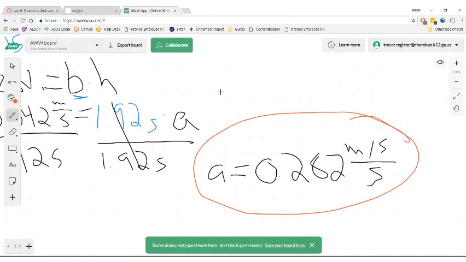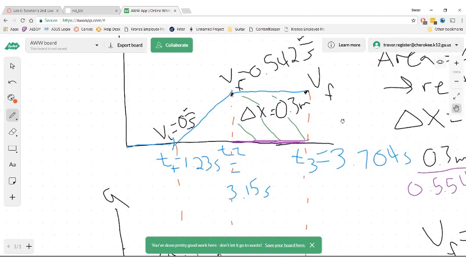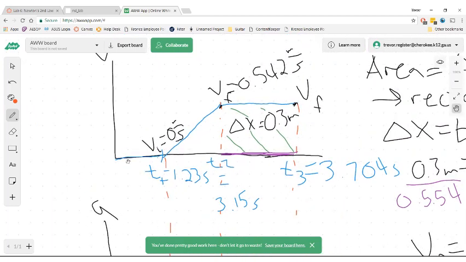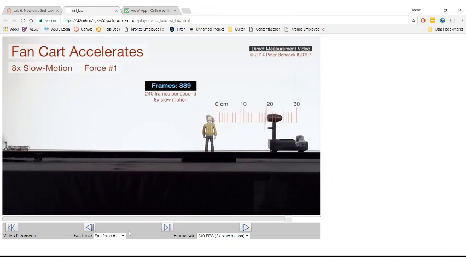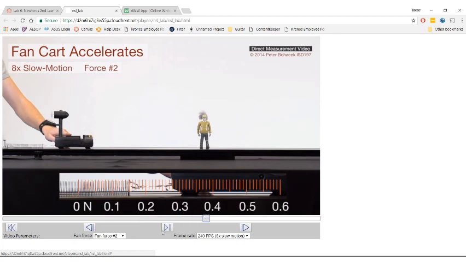And so this process here is going to be the same for each one. The fan starts out not moving. You have to sketch and annotate your velocity graphs to make sure you get the stopping part here at the beginning, get the 3 different clock readings, and all of that. The one thing you need to watch out for, so if you go to fan force 2, the thing you need to keep an eye on is that over here when the light,